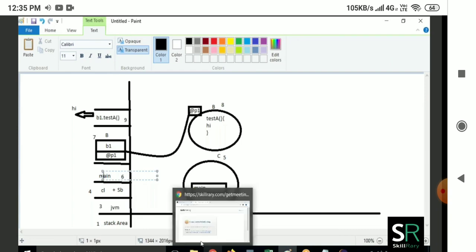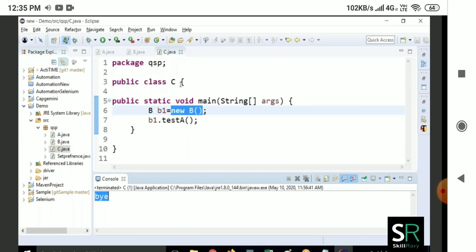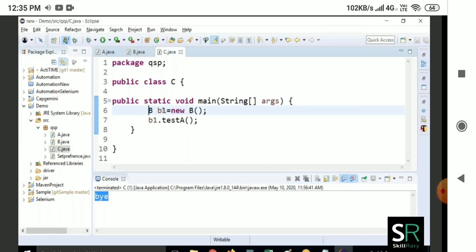When the main method comes for execution, what is there in the main method in class C? We have one statement, B b1 = new B(). First, it will execute the left hand side.